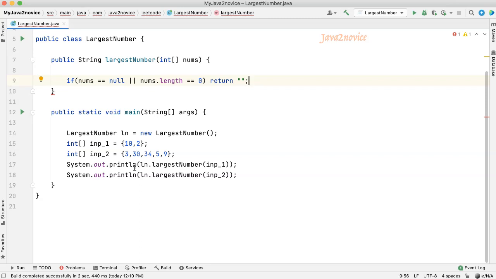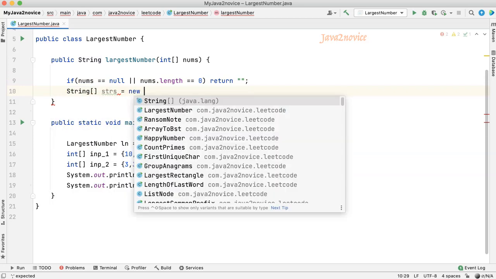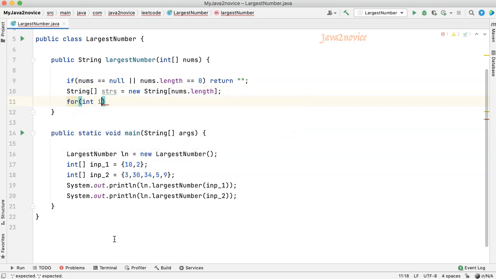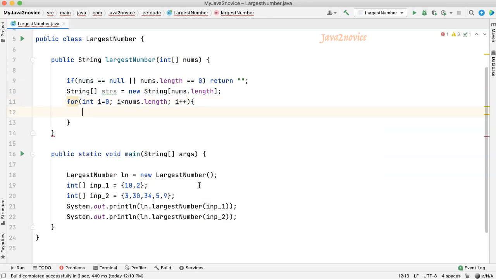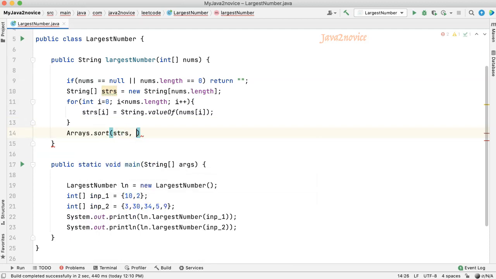First create a string array which is the same length as the int array. Now iterate over the int array. Convert all integers into strings in each iteration and add them to the string array. Now we will use the library sort function from Arrays by providing a comparator implementation. We will provide the comparator in lambda format.